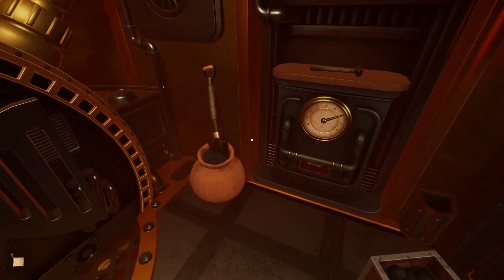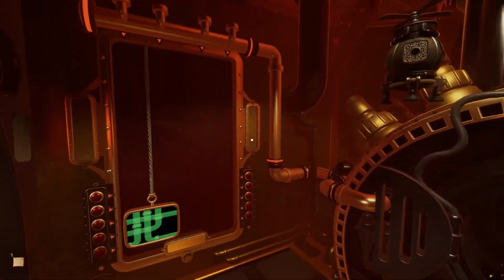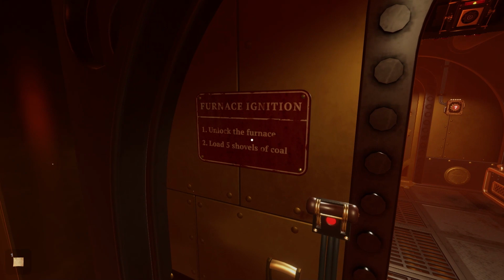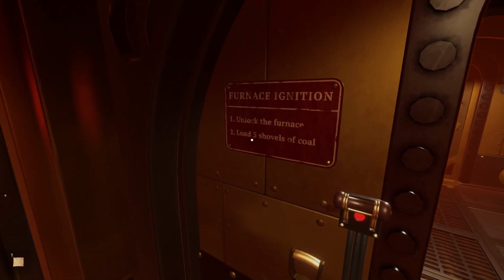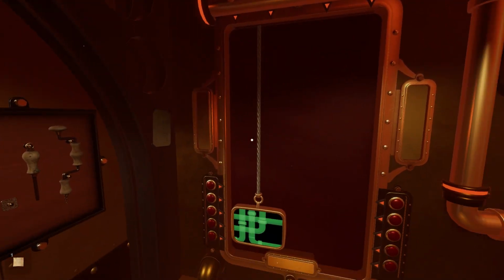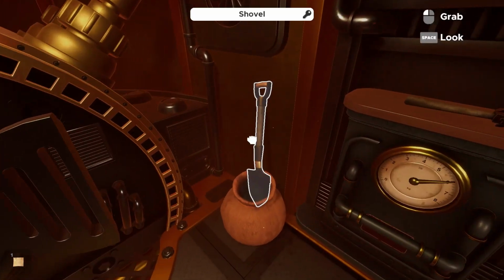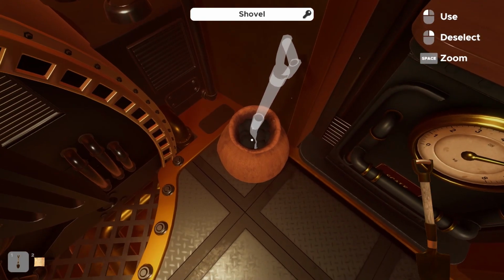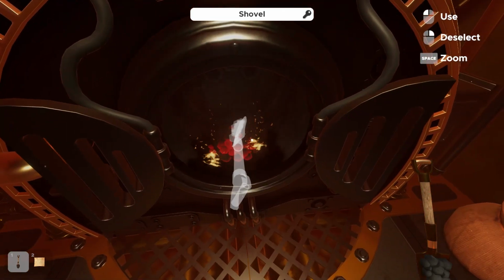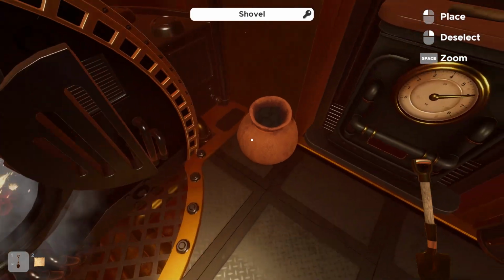We also know that right here, the furnace ignition, it says after we've unlocked the furnace, we need to load 5 shovels of coal to give us the steam power for this pipe puzzle here. So we have a shovel with some coal in the corner of the room. Grab your shovel and just dip into this container here. And we're literally just going to do this 5 times. So that's 1,